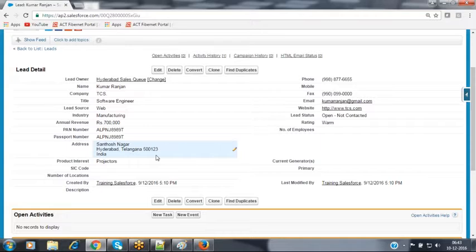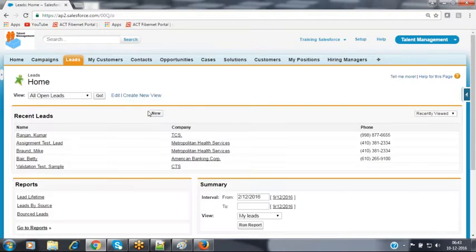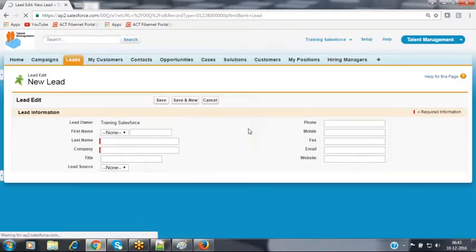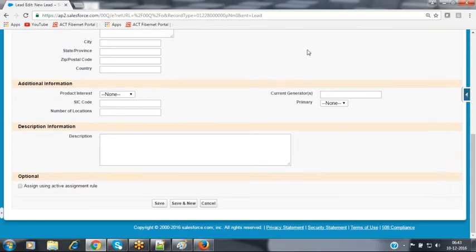So now, whenever I'm creating a lead record using my organization website, after entering all the data, we have to select one checkbox called Assign using active assignment rules. Only when you select this checkbox does it execute the assignment rule on this record, and if any of the conditions is satisfied, it assigns this lead record to the associated queue. If you did not select this checkbox, it won't execute the assignment rule on this record, and it won't assign the lead record to the associated queue.